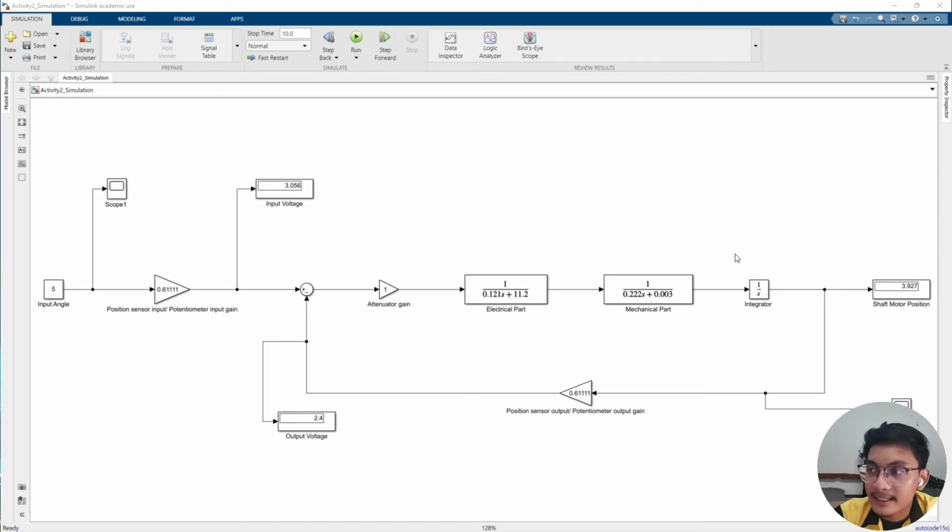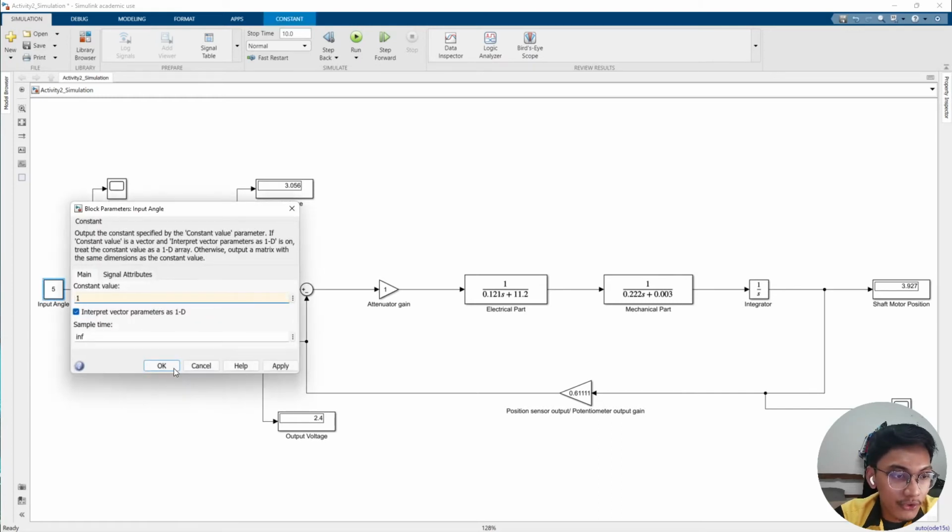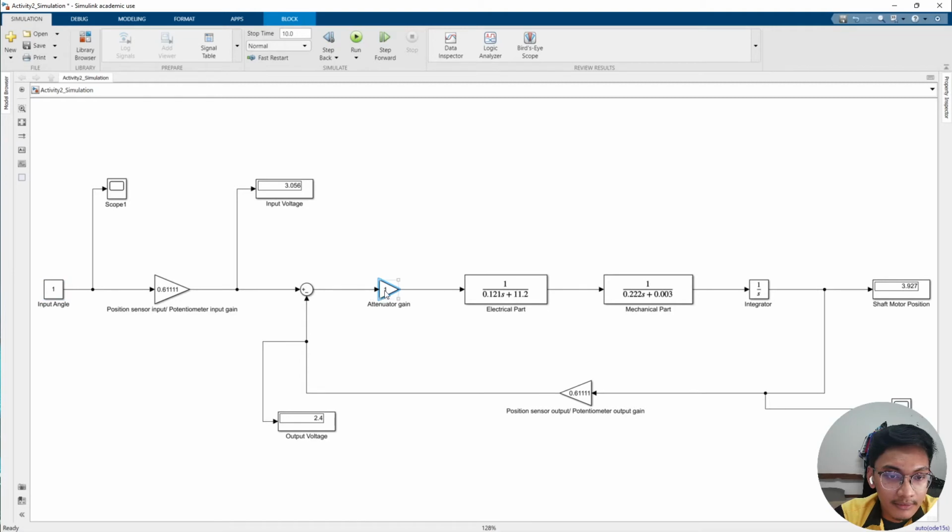I have checked the Simulink block by keying in the input angle value 1 and the alternator gain 1, and the input voltage is shown, and the shaft motor position will show a value, which means that the circuit is functioning. So it is proven that the circuit is fully functional, and then I will go to the next activity, which is